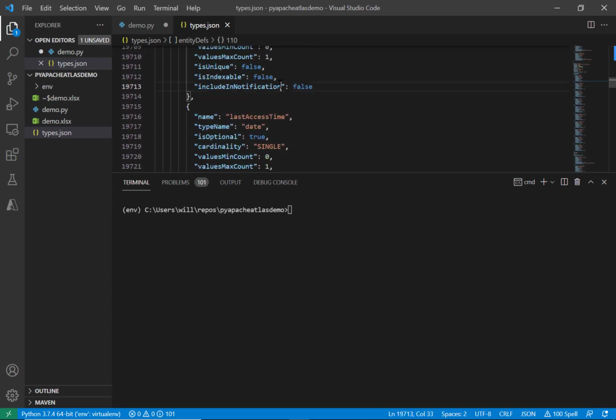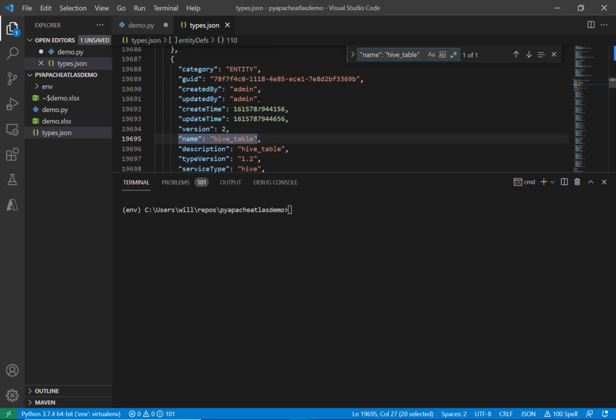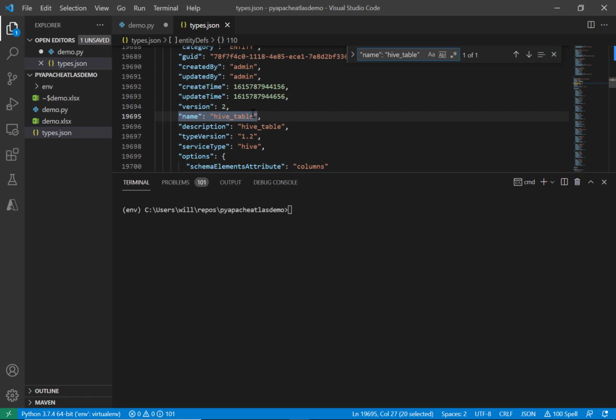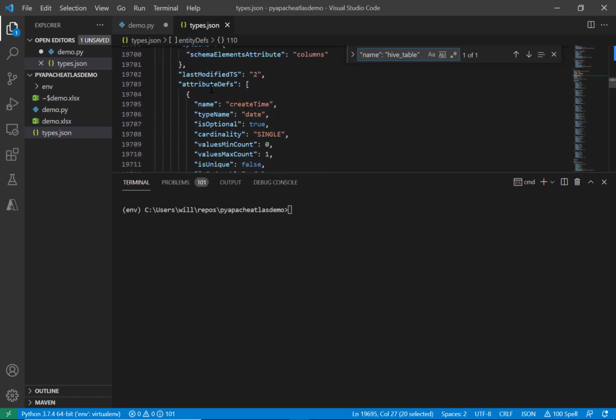In this case, I just did a Control F for name, in quotes, colon, space, hive underscore table. I found that to be a pretty effective method to whittle it down to just the entity definition of a Hive table. It doesn't always work, since some types are mentioned very, very often, but this is a nice little shortcut. So great, I've got the Hive table definition, and I'll scroll through here and look at first these attribute